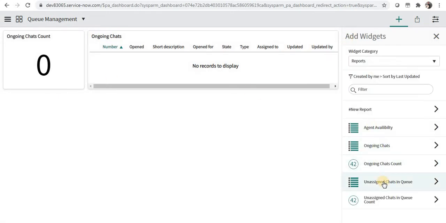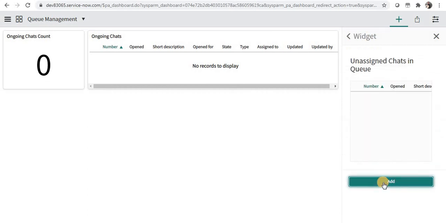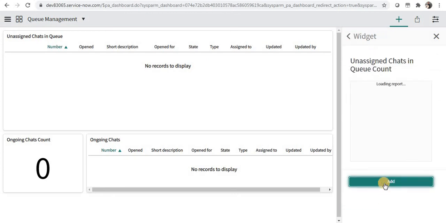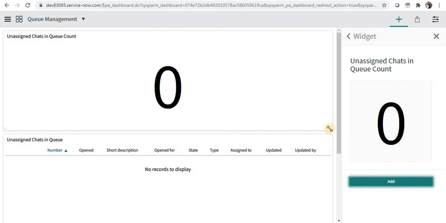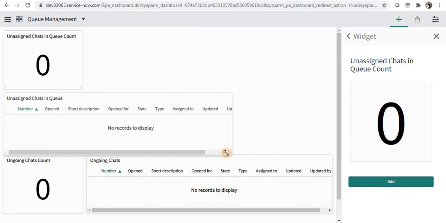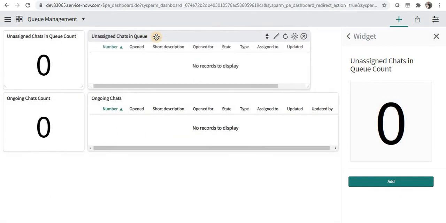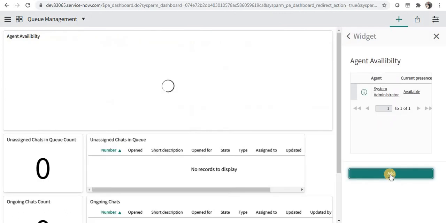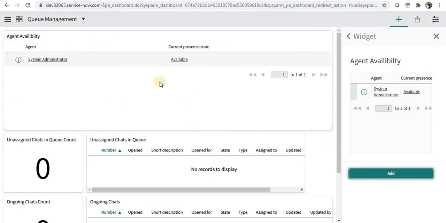And similarly unassigned chats in queue. I'll go back and select the unassigned chat queue count, which is the single score report again. I'll resize this as well, move it in front of this, and add the last report called agent availability on the top, which will tell us which agents are currently available.